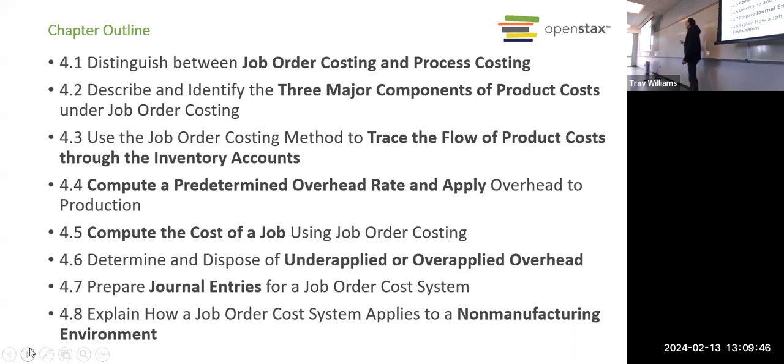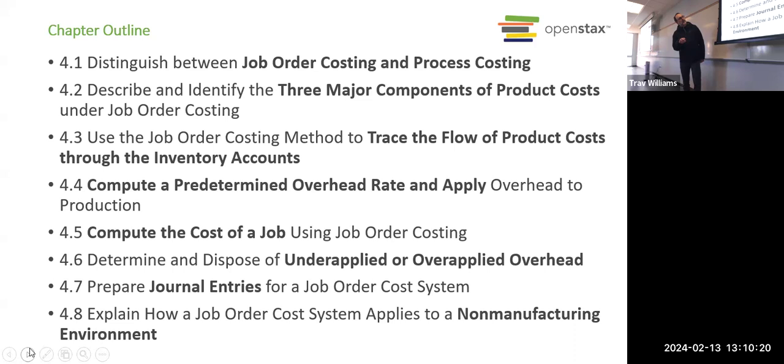So next week we will learn about process costing. We already know the three major components of production costs. What are the three types of costs that go into manufacturing and production? Direct material, direct labor, and manufacturing overhead, right? So we'll learn more about how we apply those costs to individual jobs. If you're making a product for one customer, how do you keep track of the costs for that particular job?